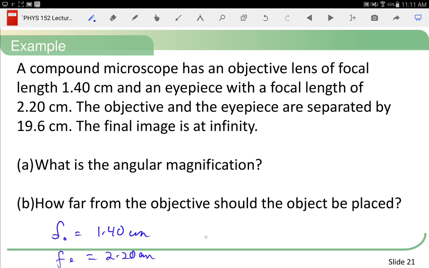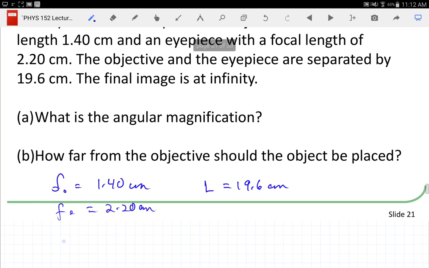L. Right. L is the separation. The final image is at infinity. What does it tell us if the final image is at infinity? That it's unaccommodated, which is the calculation that we did our equation for. So we have, what's the angle of magnification? Well, I can just use